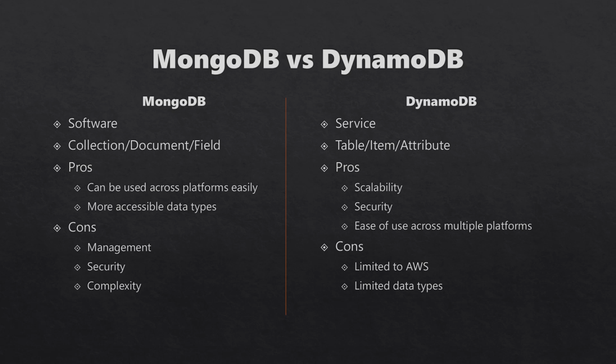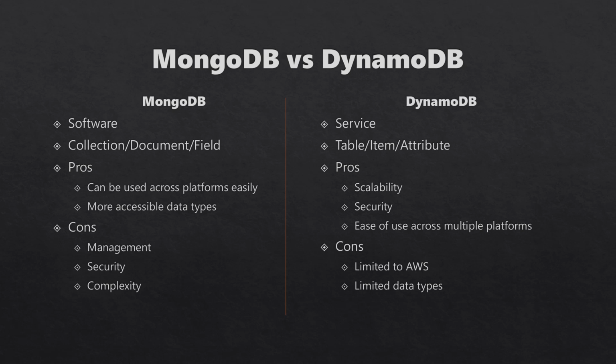As far as the comparison goes between the two of them, as you can see in the comparison, the pros and cons are pretty much flip-flopped. The keys for DynamoDB would be the scalability, security, easy management, all provided through all services through AWS. And the pros for Mongo, the two biggest ones that stand out, are it's able to be used across multiple platforms and isn't tied down to a specific platform or cloud. And it has more access to different data types.